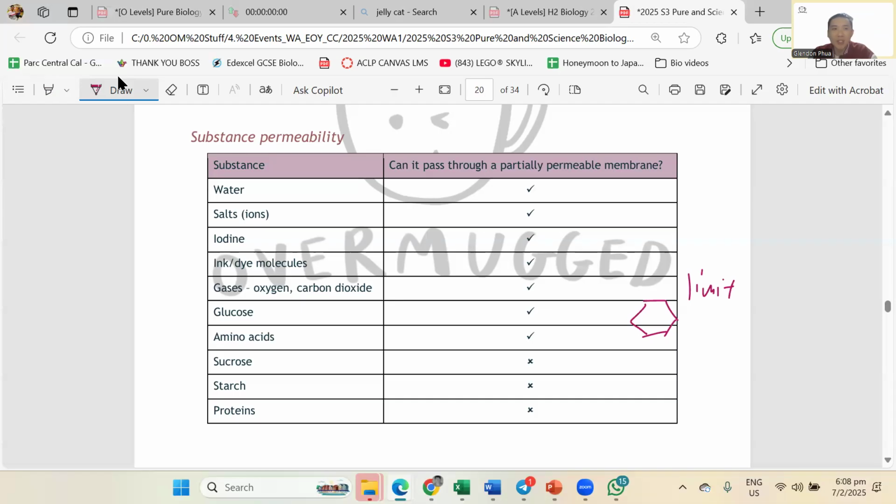Sometimes they will trick you. They will say, oh, I put in starch, sucrose, and proteins. All of these are bigger than this. So how do I draw sucrose? Sucrose is 2. Okay, it is 2 of my glucose joined together, in a very rough approximation. So that is larger than this. What is starch? Starch is this thing times 1000. So confirm very big. What are proteins? Proteins are 1000 amino acids. So if my amino acid is the smallest that's accepted, 1000 of it, wow, very big, cannot.